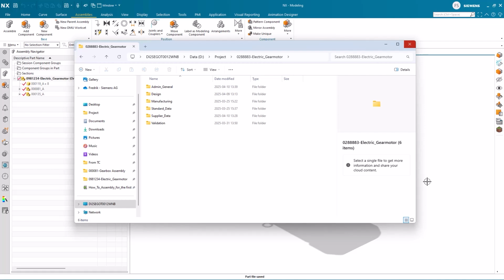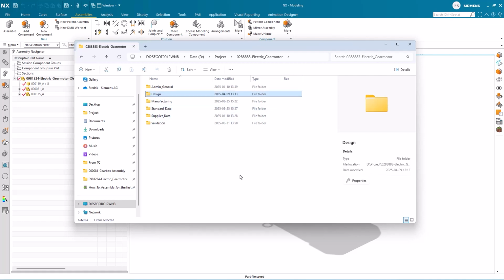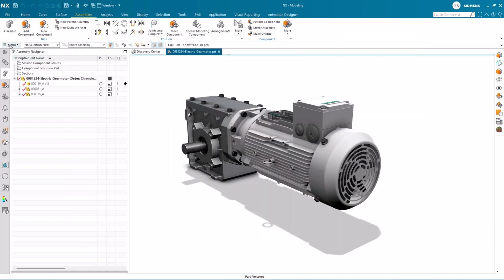The folders we have are Administration in general, design department, manufacturing department, standard department, supplier department, and validation department. Natively, this enables you to control the data and who can do what and where. Bottom line here is that you have a structure and a plan to handle your data.